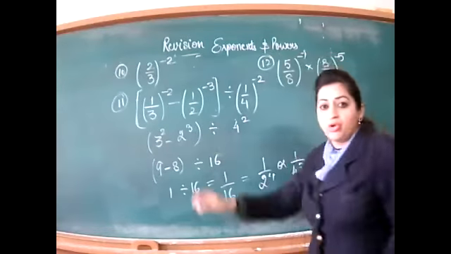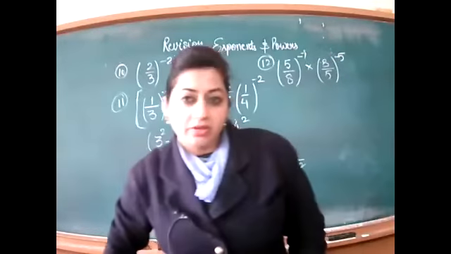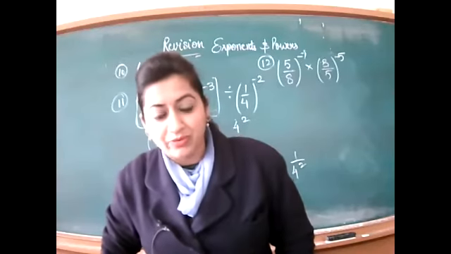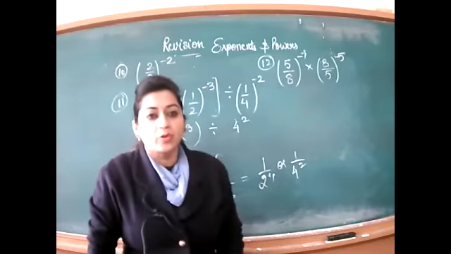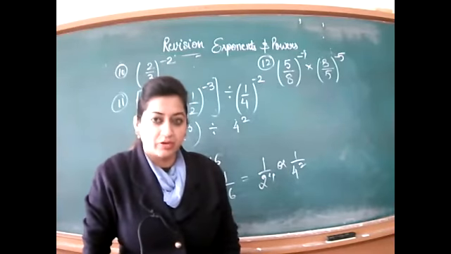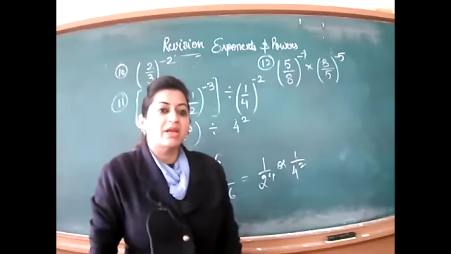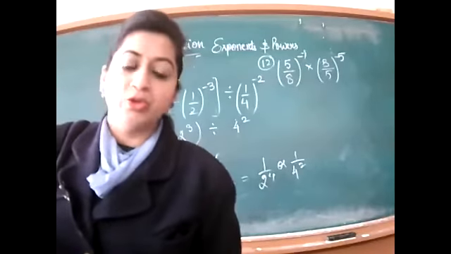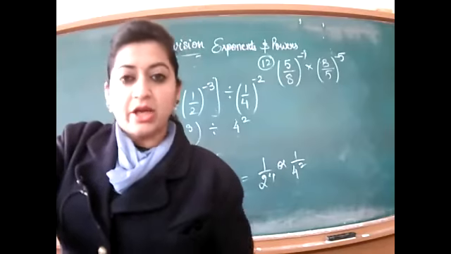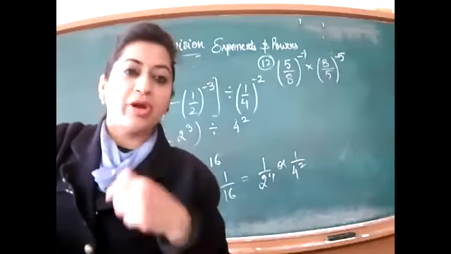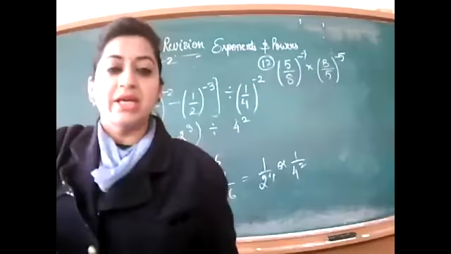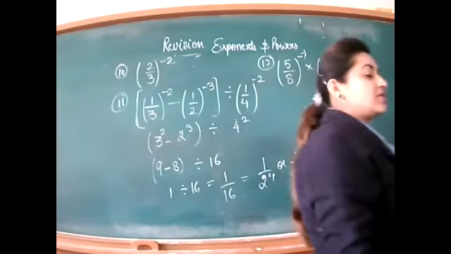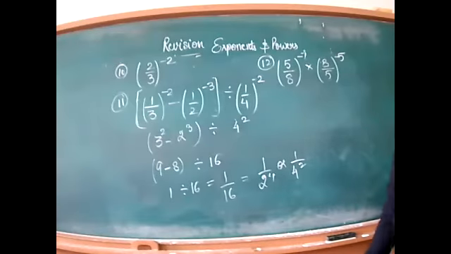So today, what's your homework? We have done 12 questions in revision. You are going to do these 12 questions again in the rough notebook. That's your homework. It means the same classwork you will revise in the homework. Note down the questions in your rough notebook and start solving them. Then you can check your answers from the book. All the questions are from the book only.